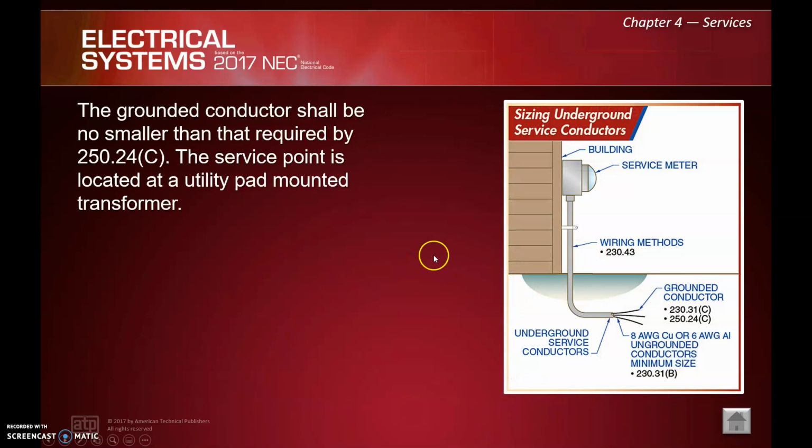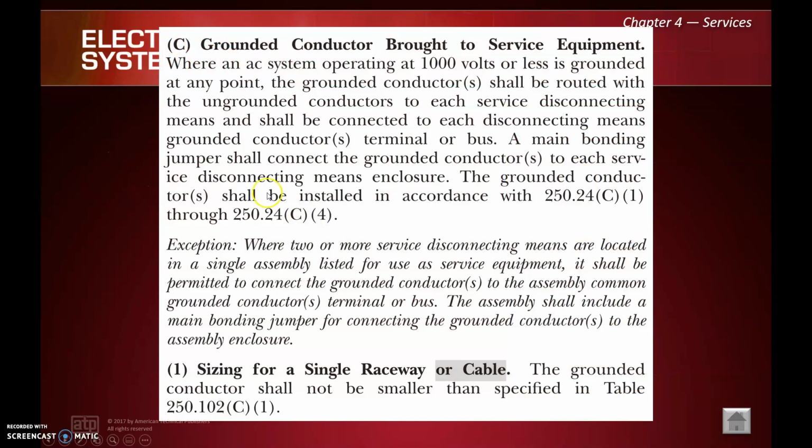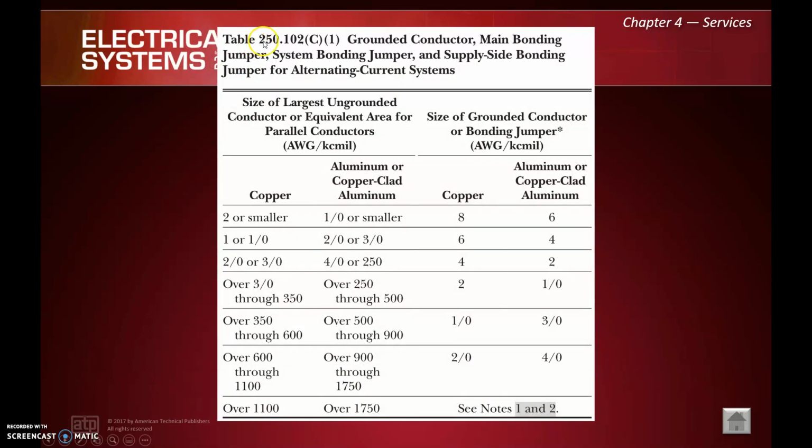The grounded conductor shall be no smaller than that required by 250.24(C), which if we take a look at it here, tells us that where the AC system operates at 1,000 volts or less, the grounded conductor shall be routed with the ungrounded conductors. A main bonding jumper shall be connected to the ground, and so on and so forth. Essentially, what they tell us here is we need to size it according to table